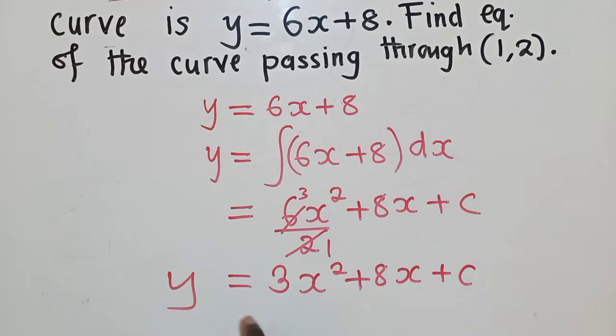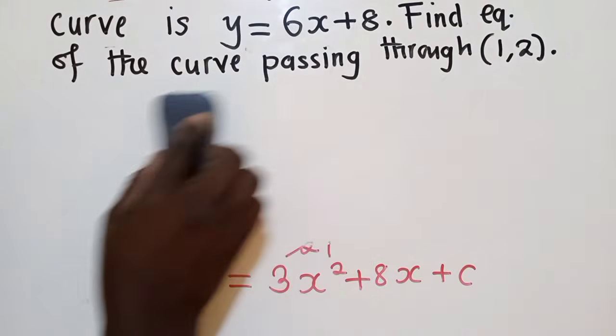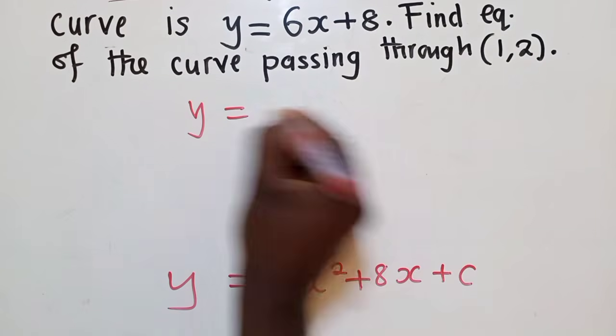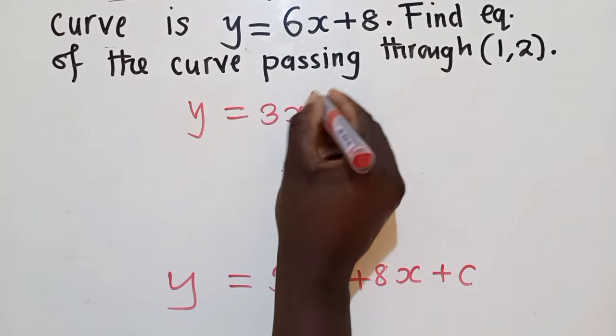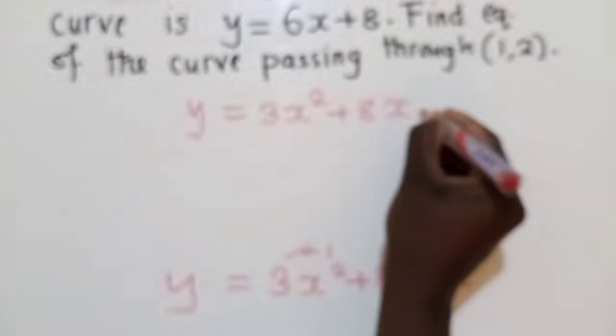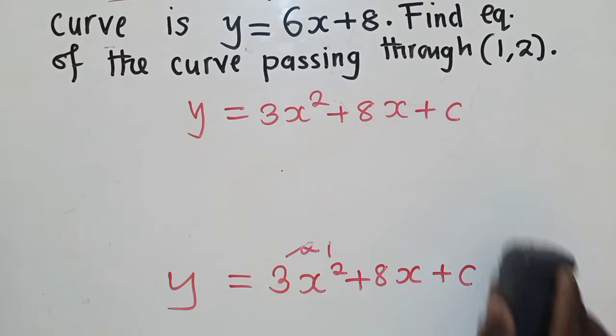So we have done this. But have we finished? We have not finished. We need to find the value of c first, so that we put the constant which is supposed to be here. Let me copy, I'm running out of space. We have y is equal to 3x power 2 plus 8x plus c. This is what we have. So now to solve for c,